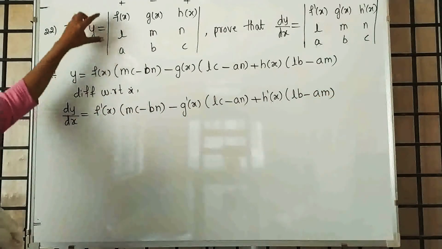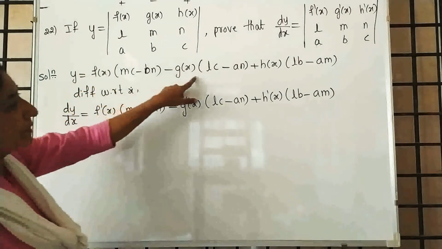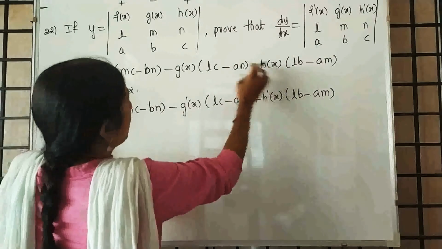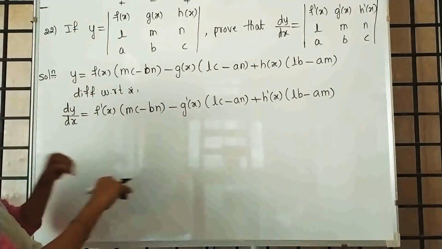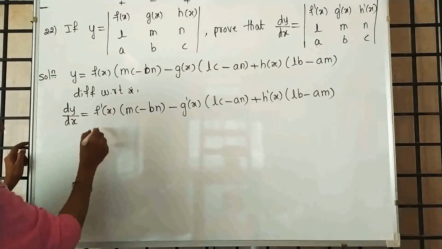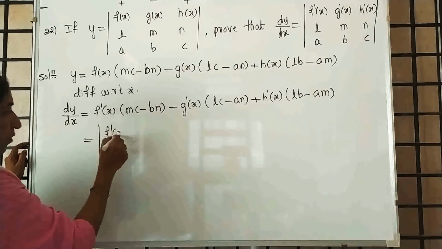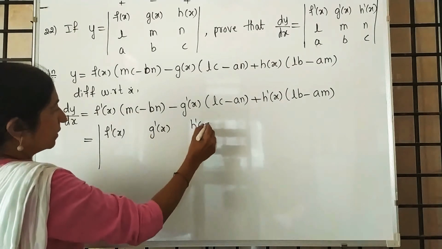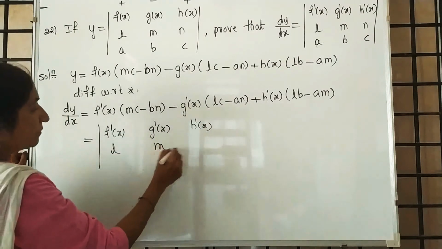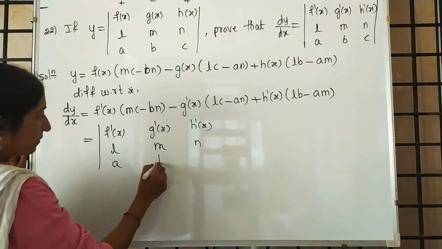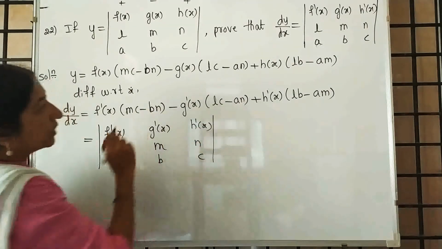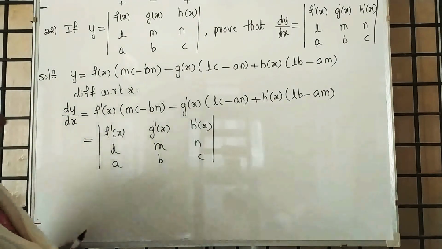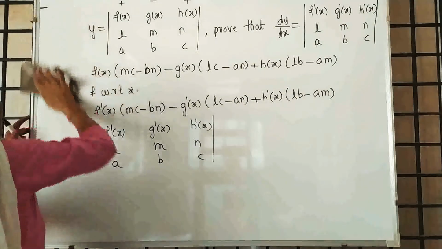Now, when you have a determinant like this, the expansion will be like this. Compare these two. Instead of f of x, g of x, h of x, we have their derivatives. So again convert this into the form of a determinant. All that outside bracket, outside values come in the first row. The remaining two rows as they are. So that is the required answer. Is it very simple or what? Yes. Now moving to the next question, that is question number 23.